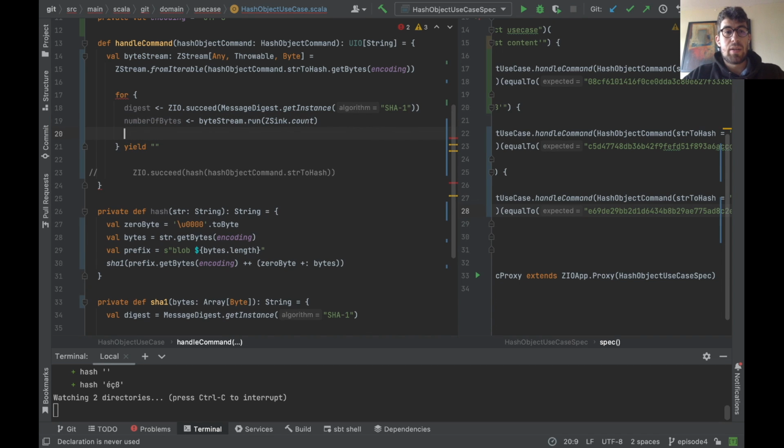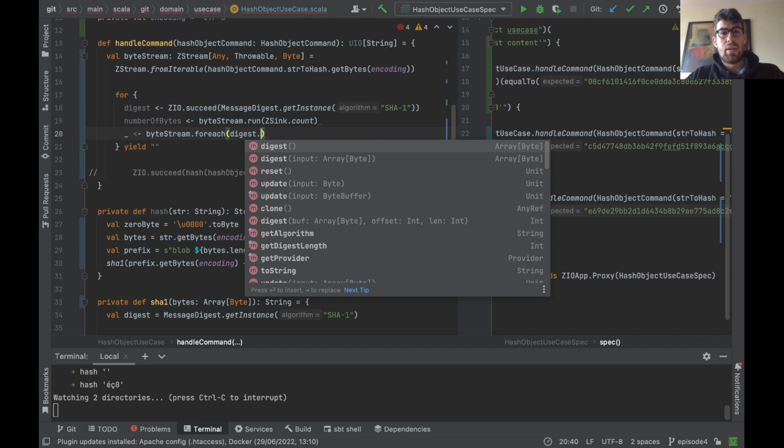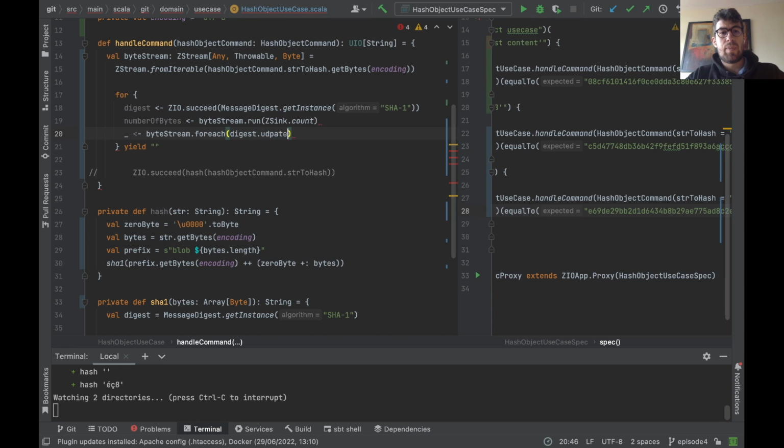And what I'm going to do next is I'm going to read the file again, and for each byte we are going to digest update. Sorry, update,